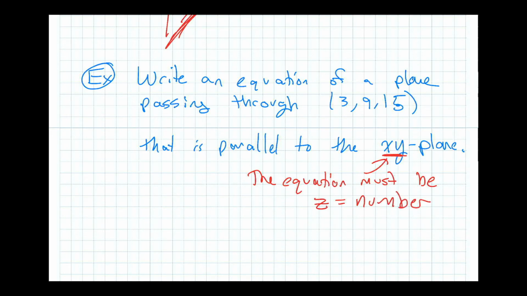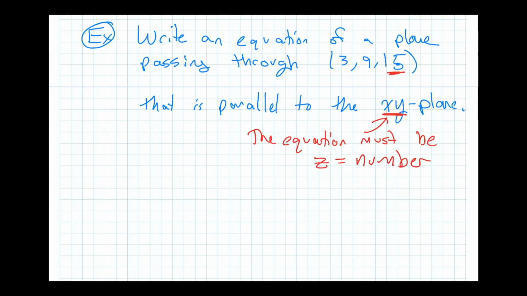Must be z equals a number. Well, what number? Well, this one, right? Whatever they said the z value is, that's all you have to do. So it's actually a really straightforward question, but you do have to understand what a coordinate plane is for this to make sense. So then you just say z equals 15,